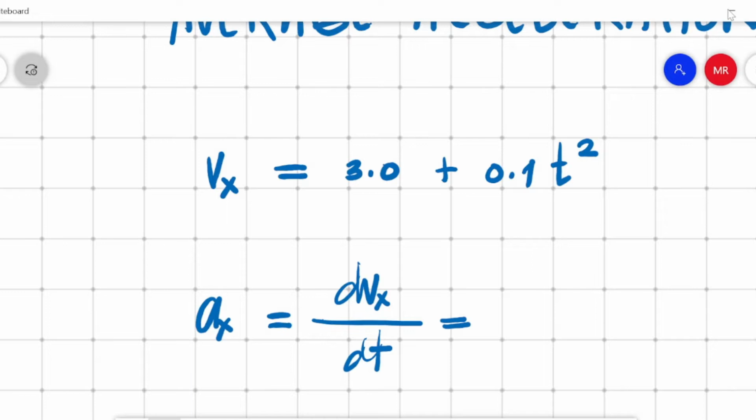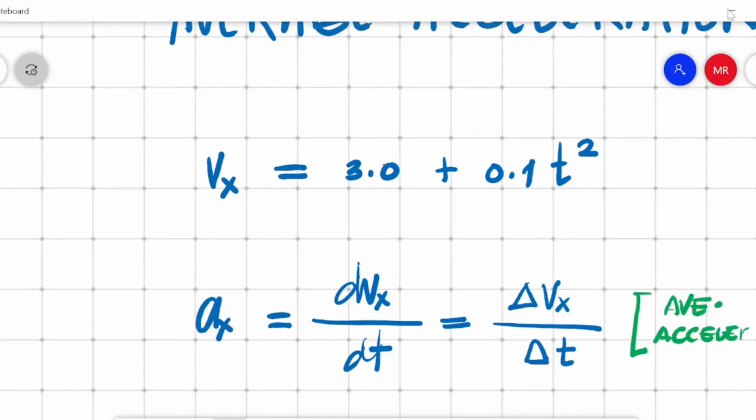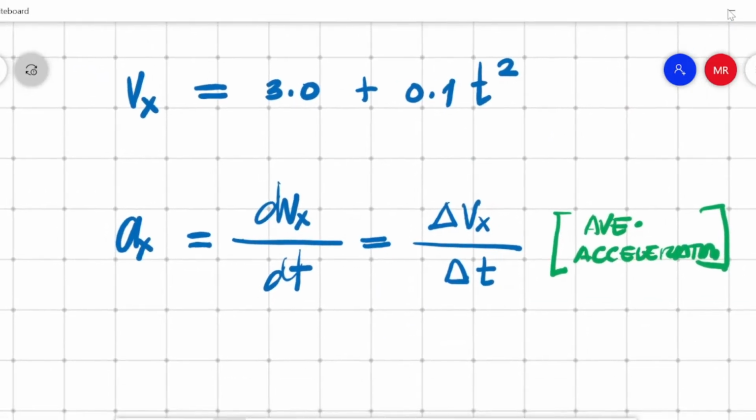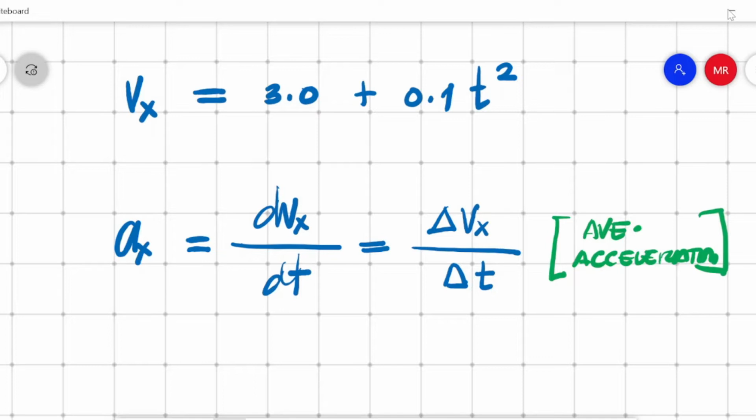When we say d, it is the change. So this is just your delta vx over delta t. Remember, this is also our equation for average acceleration. Okay, so if we now apply differentiation to our velocity function, we will have the differential